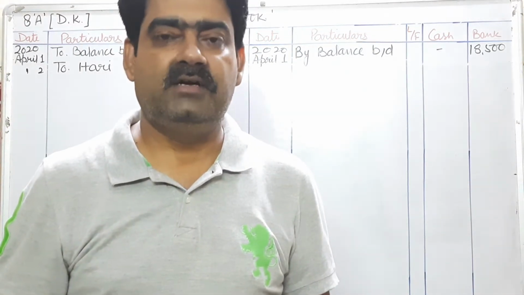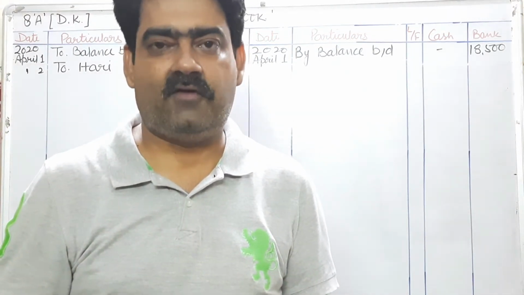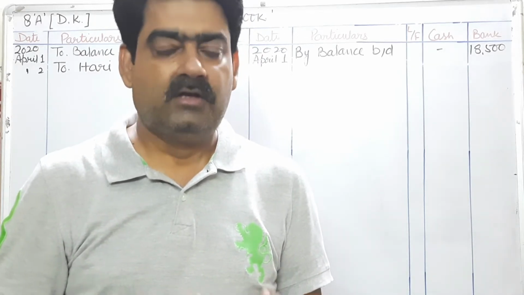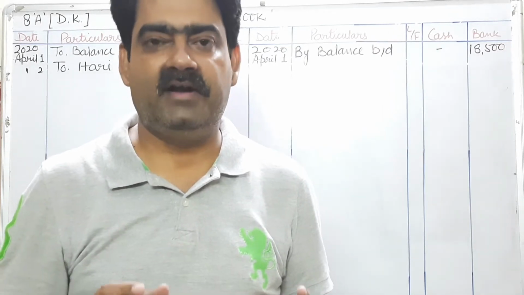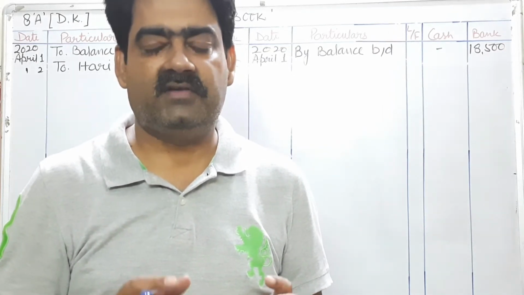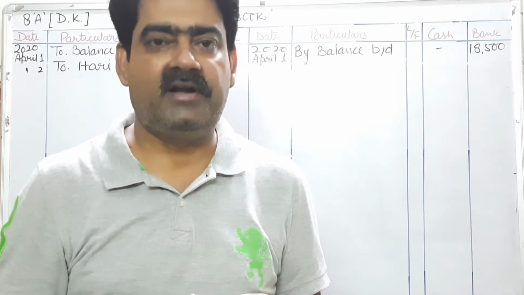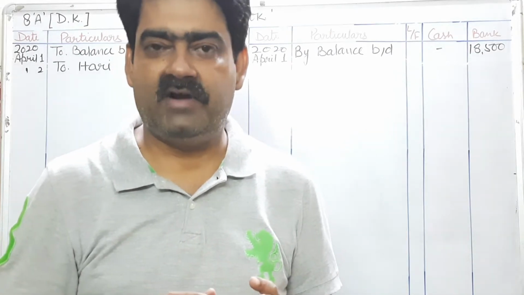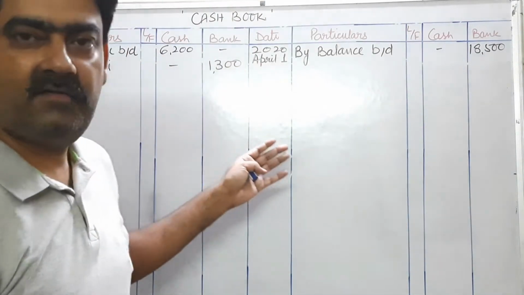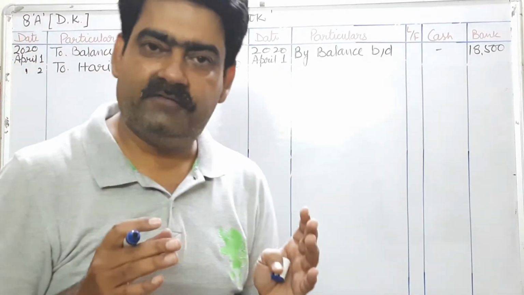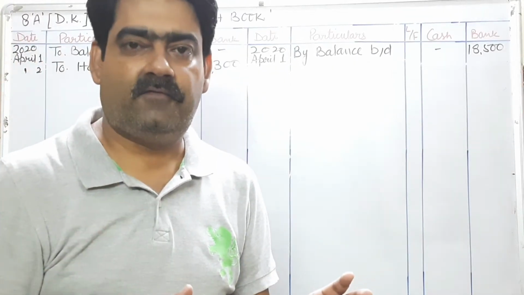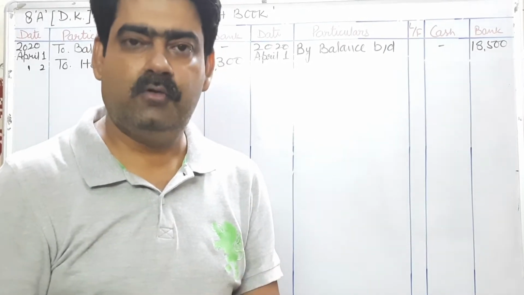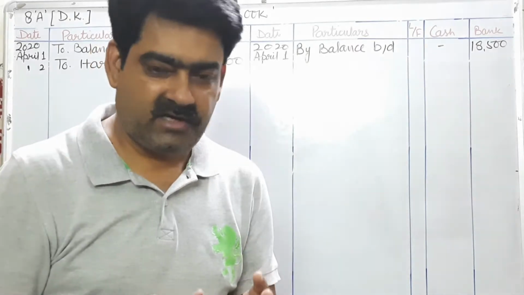Now see, next transaction on April 3, received a check from Vinod. So you can see, students, this time we are simply receiving this check from Vinod. So our journal entry will be check in hand account debit to Vinod. In this case there will be no treatment in cash book because we are simply receiving the check from Vinod and we are not depositing this check into our bank account. Apart from format of cash book, you will draw a format of journal also, and in that particular format you will write this journal entry, that is check in hand account debit to Vinod.